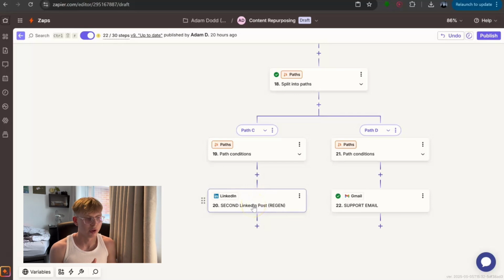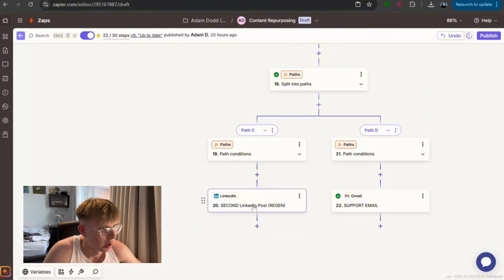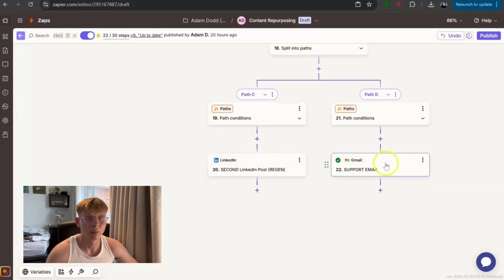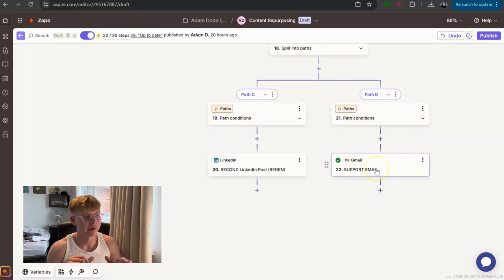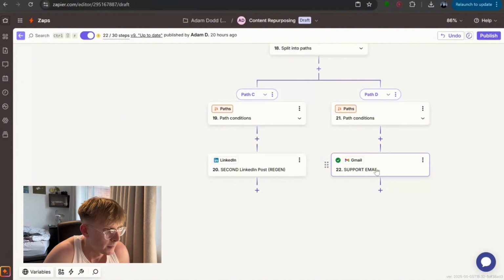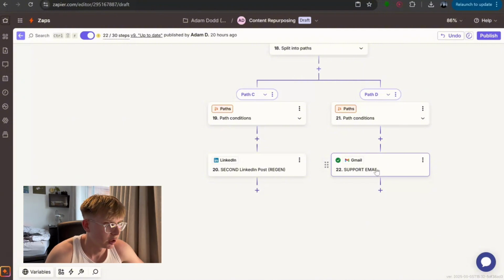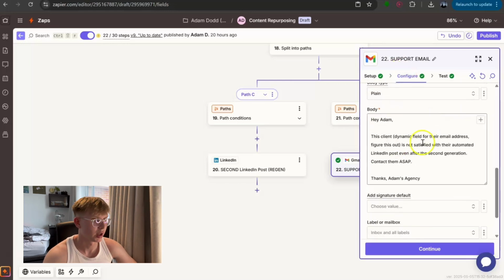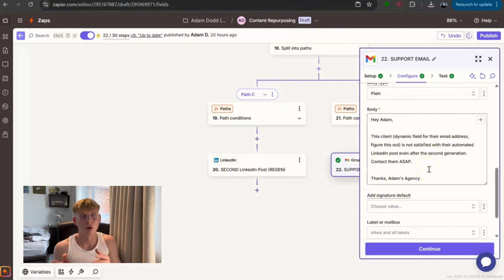The regenerated post, the one that's now sounding more human, for example, is now posted on their LinkedIn. But if they're still not happy with it, even after the regeneration, then we take this path here, and it's just an email step. So this is actually an email to myself, the agency owner. And it's essentially saying, even after the second regeneration, this client is still not satisfied with their automated LinkedIn post. So it's essentially just saying, you've got to contact them ASAP, book in a call, have a chat with them and see what went wrong and what they're not happy with,